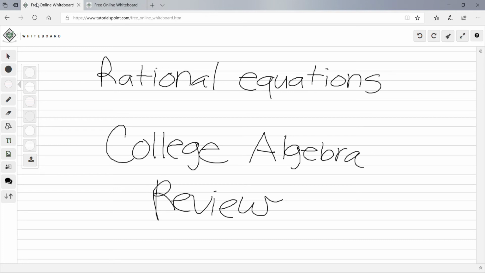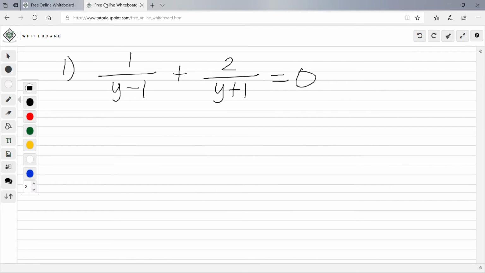So today we're going to learn about rational equations, and this is under college algebra review. So our first rational equation is 1 divided by y minus 1 plus 2 over y plus 1 equals 0. So the first step of finding